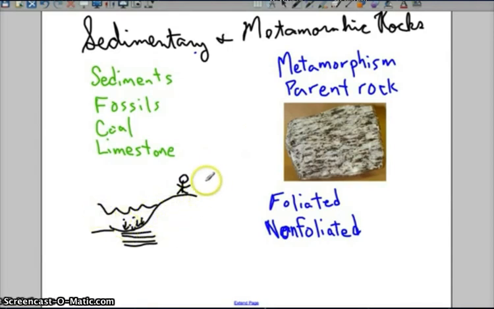Now, it doesn't just happen in the ocean. You can have sedimentary rock sediments in the air. You can have sediments that have been washed away onto the ground, and you still have some of the packing element that you would have out in the ocean. But sedimentary rock is known a little bit more for the ocean than for the land. It probably forms a lot quicker there. And in riverbeds is also where you can find sedimentary rocks.